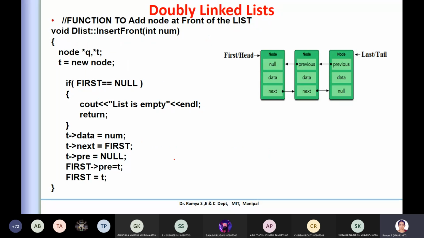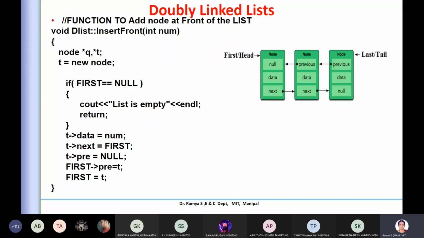Now let us go to add. You are trying to add a node. You want to insert at the beginning. In all of the insertions and deletions, you should check whether the list is empty or not. That is a condition you have to check, so you require the same condition here. And if you remember, in a singly linked list, we created a node. Since you are inserting at the beginning, the previous data will be null, and the next data will be pointing to the first.